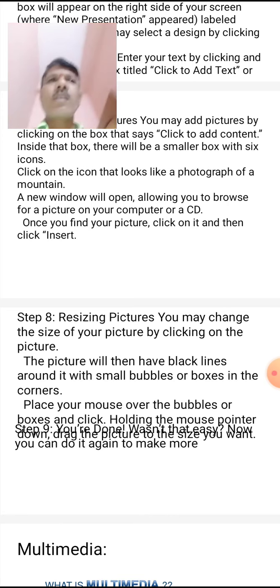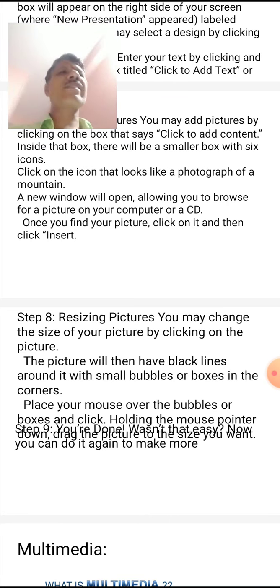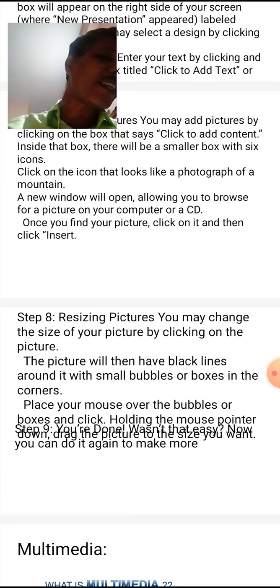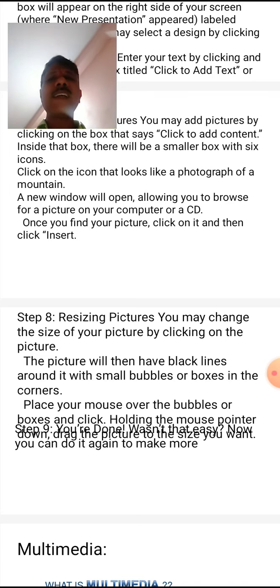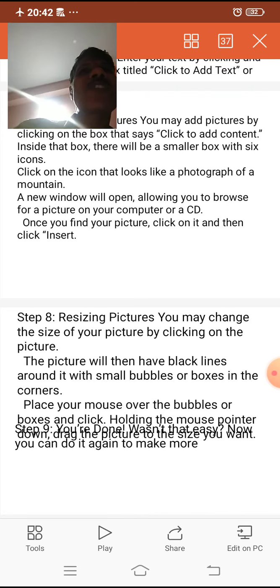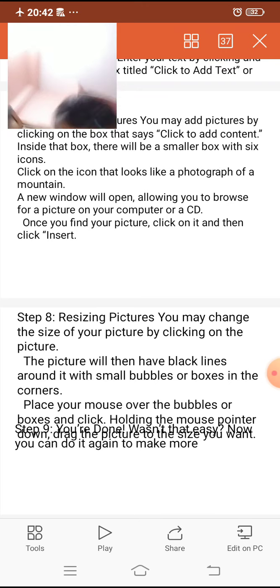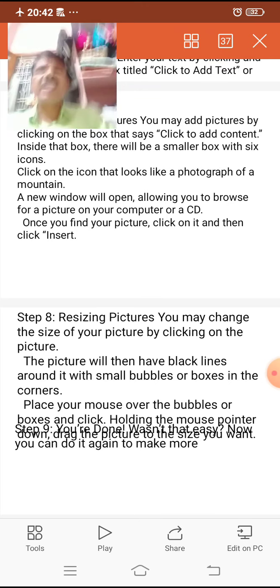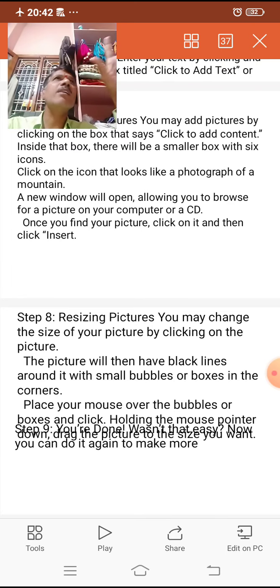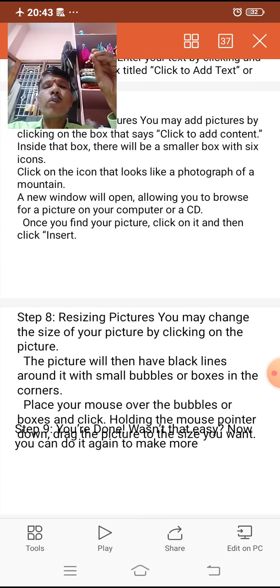Here the slide says resizing. Resizing means a picture inserted on a particular slide can be resized as per the requirement of the user by clicking on the picture. With a right click on the picture, it allows the users to make the necessary modification and resize on the slide. Once all of this is completed, the user has to close or save it at a particular location where the user is interested.